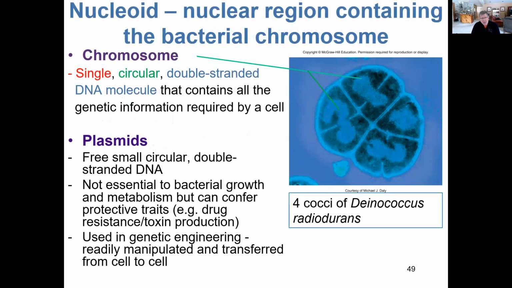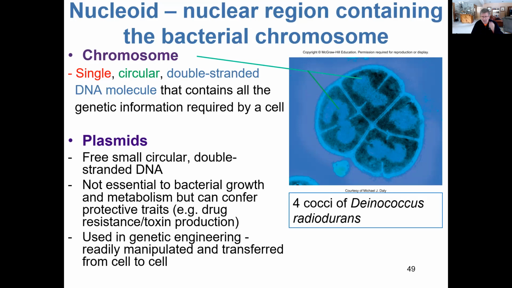We also know that prokaryotic cells are unique in the sense that they lack a membrane-bound nucleus that would contain DNA and protein, like in eukaryotic cells. So that doesn't mean, of course, that they don't have DNA or that they don't have a chromosome, because they do. So in prokaryotes, you have a single circular piece of DNA, of course being double-stranded. Unlike eukaryotic cells that have numerous chromosomes, bacteria just have one, and it's circular, which is kind of interesting because